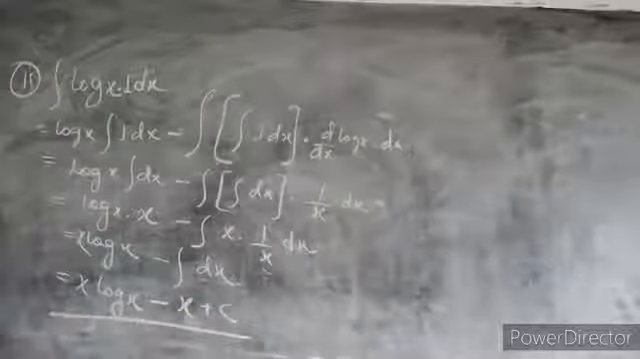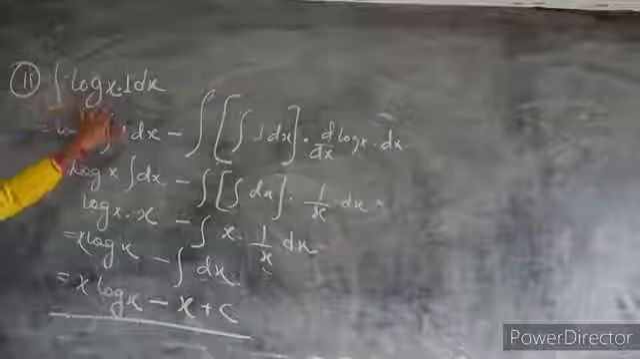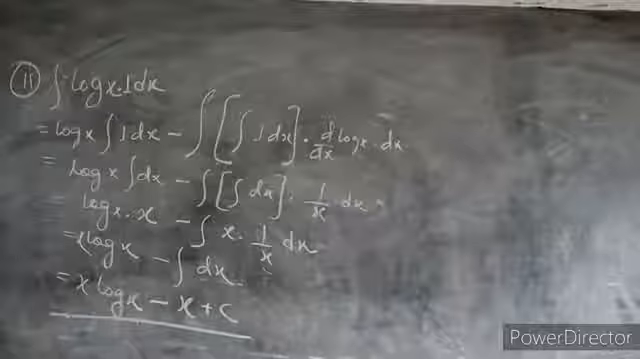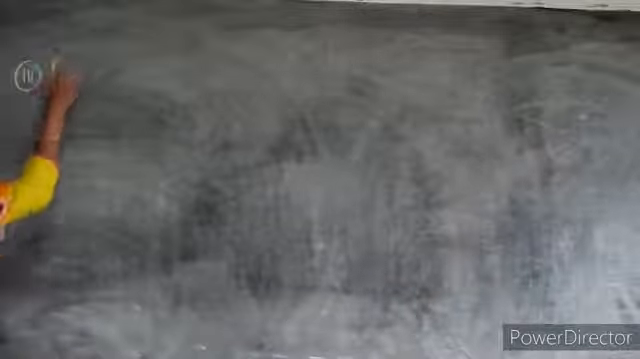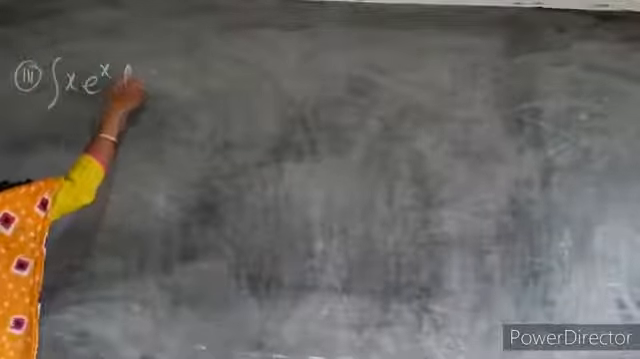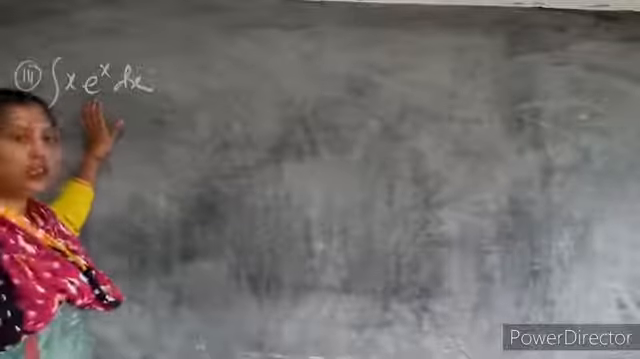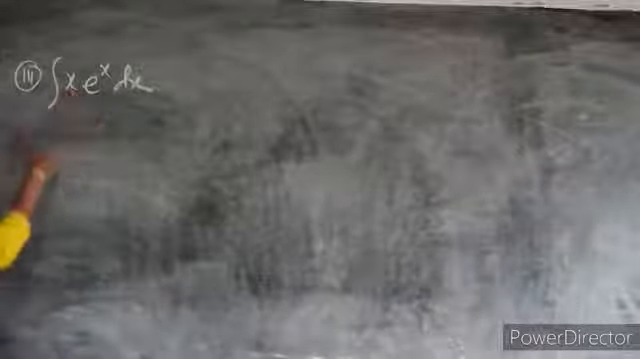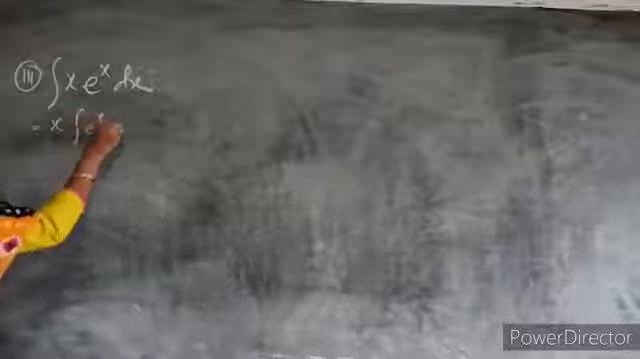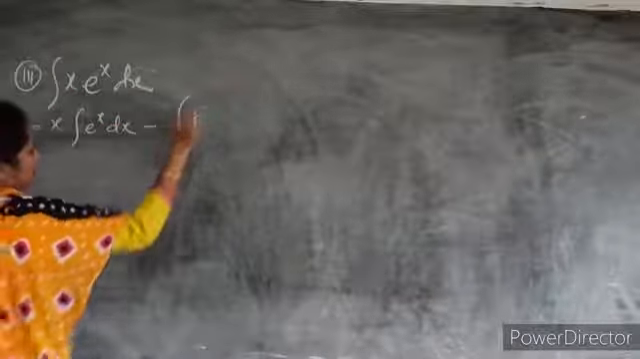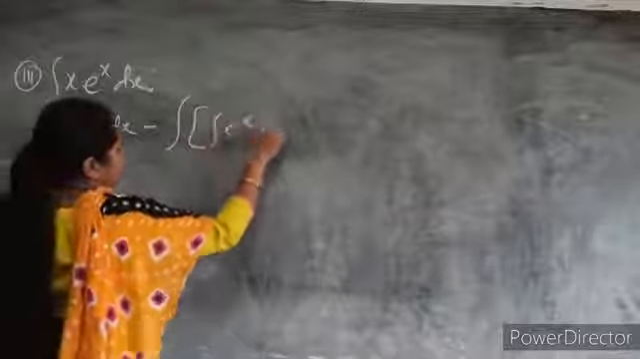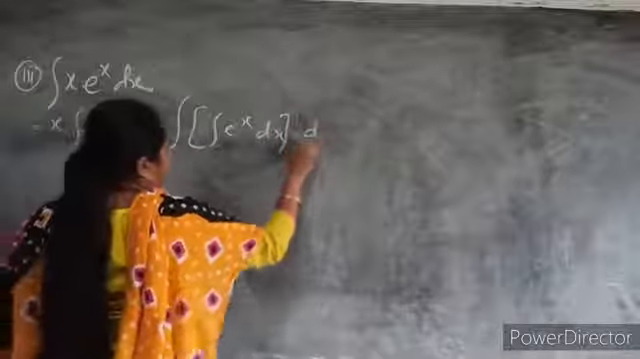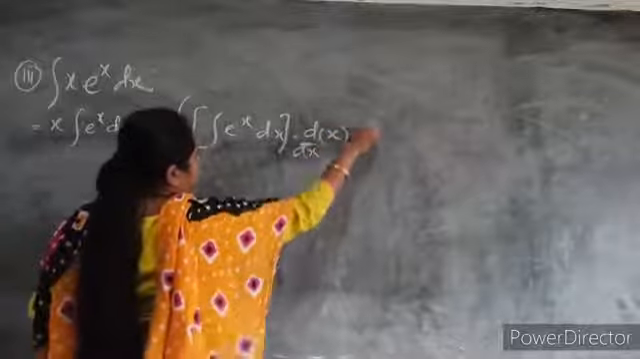So this is the output of your integration log x dx. Let us take, suppose your question is: find the integration of x into e to the power x. As you can see, exponential will be your last preference and x is your algebraic. So x into integration e to the power x dx, minus outside integration, the integration of e to the power x dx into d/dx of your first function